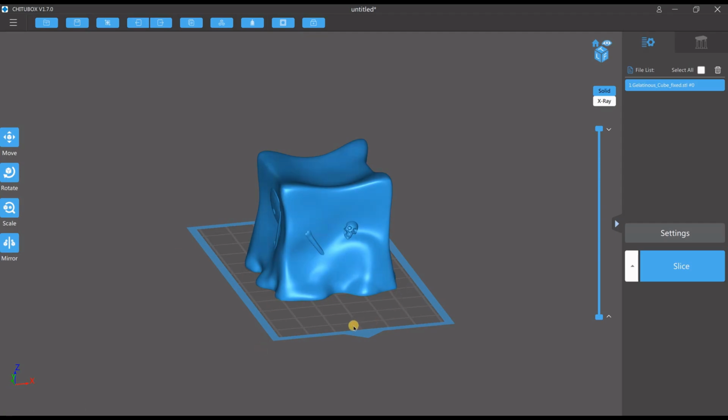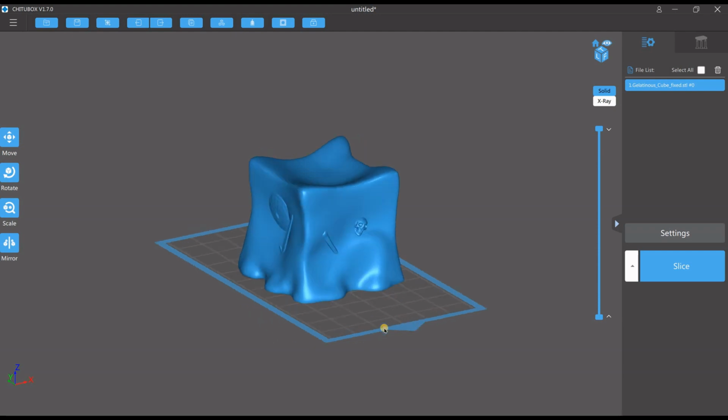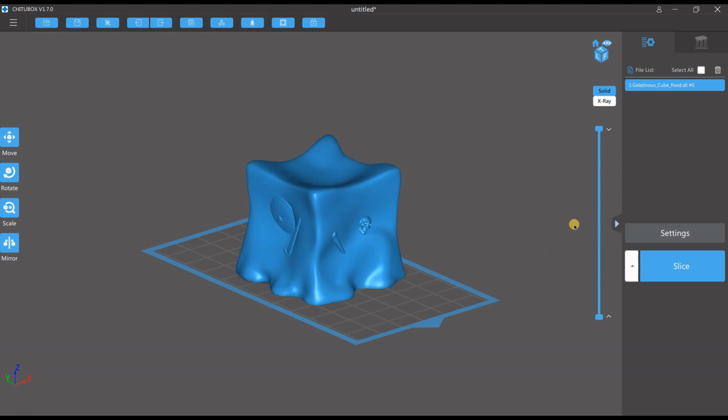Today I want to discuss hollowing for SLA 3D printing. Why do we hollow models? We do this for a few reasons. One of them being that it saves us resin. The other is that it helps to minimize the surface area per layer printed, resulting in a higher success rate